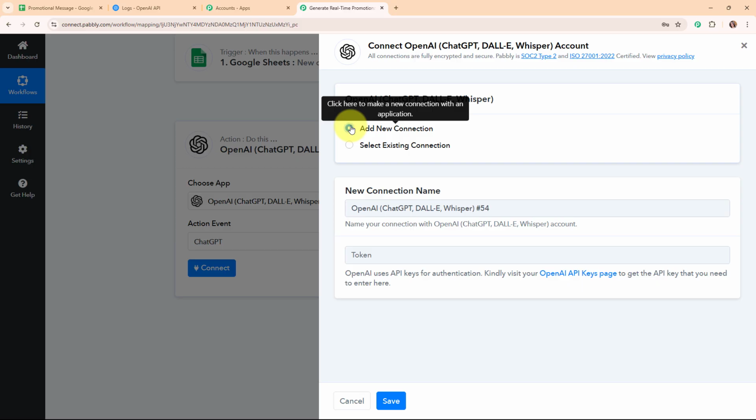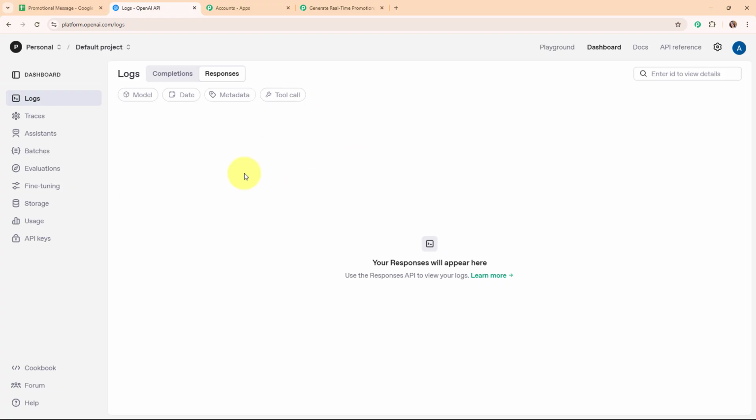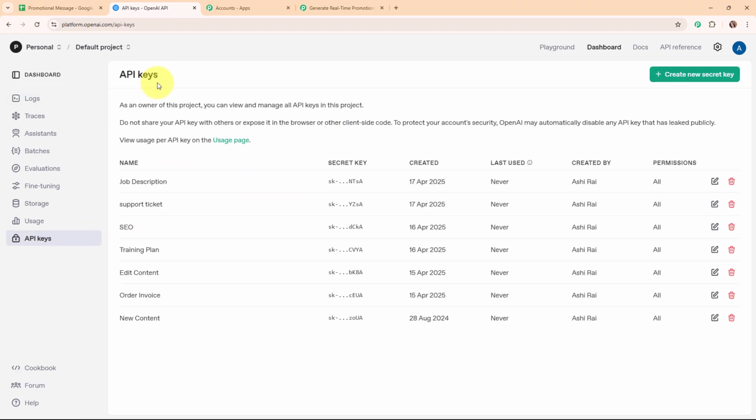Here to build a new connection, I'm going to select add new connection. If your OpenAI account is already connected with Pabbly Connect, then you can click on select existing connection. And now to build a new connection, it is asking me to enter the API token. So following the instructions given below, I've already logged in to my OpenAI account, and from here I'm going to access the API keys given in the left side bar. And here under API keys you can see all the existing keys. So I'm going to generate a new key by clicking on this create new secret key button given on the top right corner,